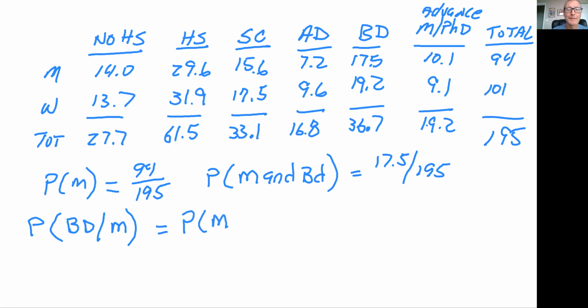I want to make sure I do it in the right order. So that would be the probability of the bachelor's degree and the man, divided by, and what we divide it by is the A, and that would be the first. So that would be the probability of the second probability of a man. And so let me